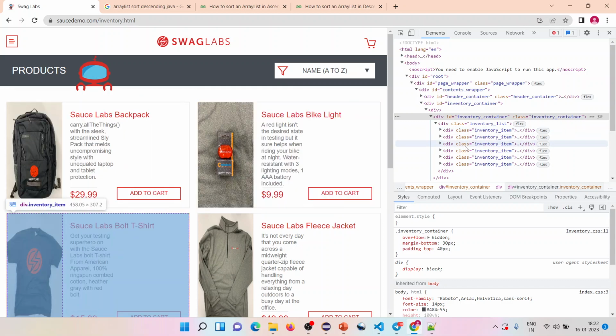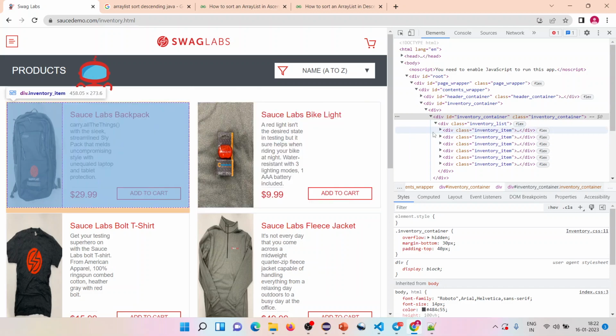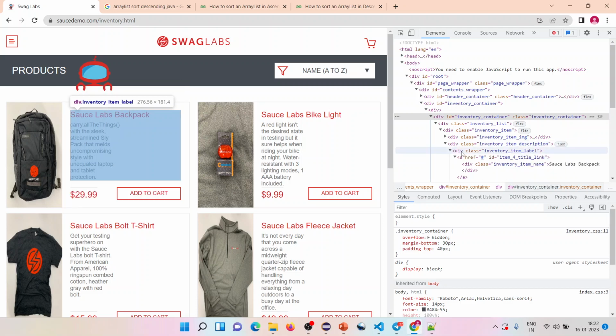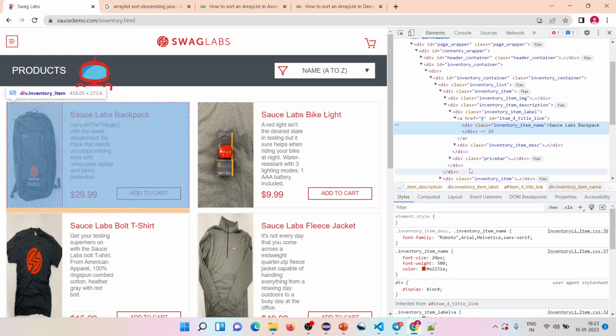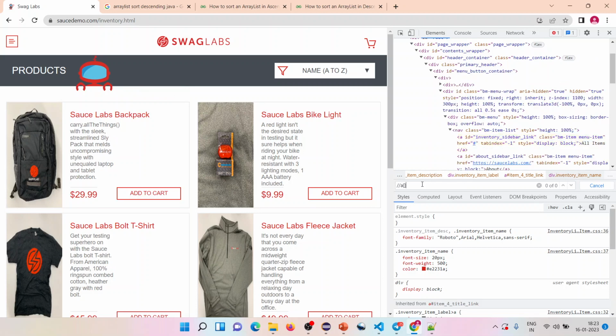So likewise we have 6 inventory items, one by one it was highlighting. Now we want only the title, so again we can get to that one. Inside this one only we have, see here, inventory item name. Already I told you in some cases the class will be duplicate, but I want only the first one, right? So let's go with the anchor tag, because that has the